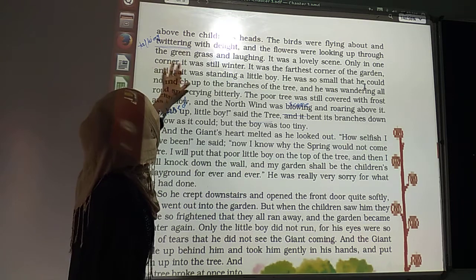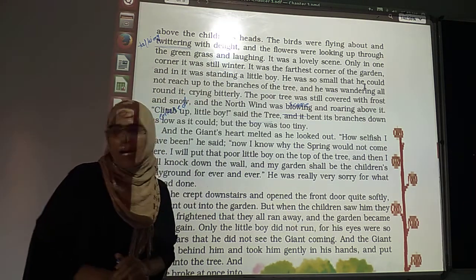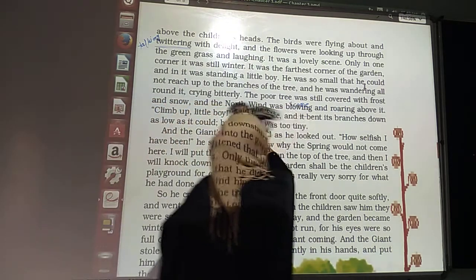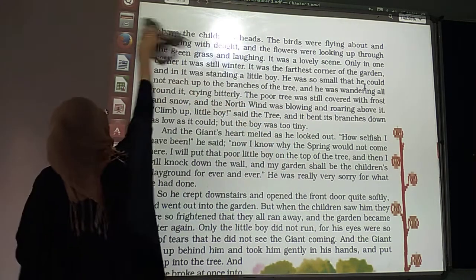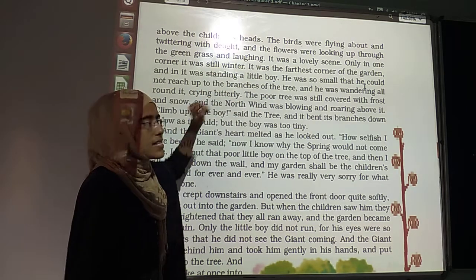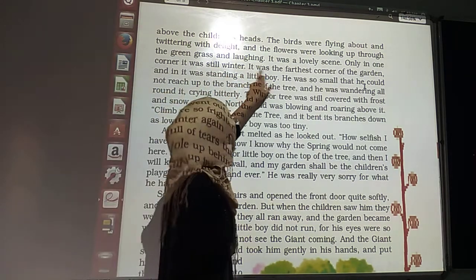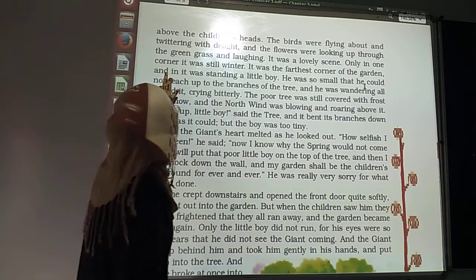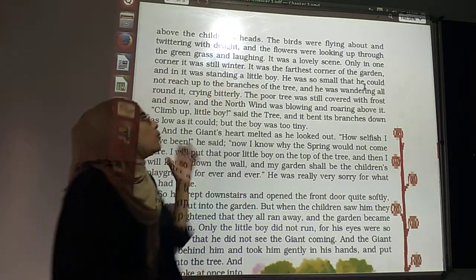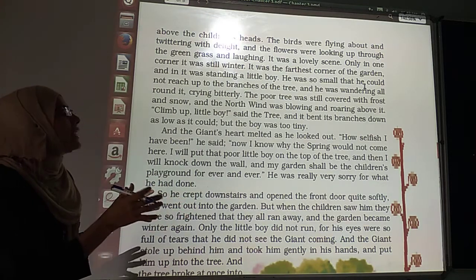Only in one corner it was still winter, but all over the garden there were so many children playing. It was the farthest corner of the garden, and in it was standing a little boy.